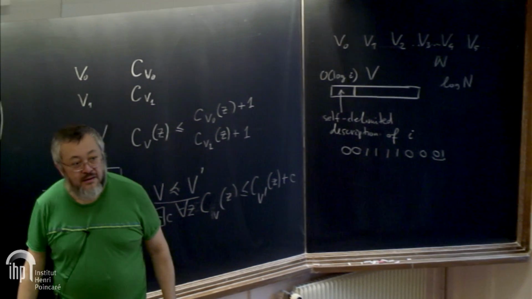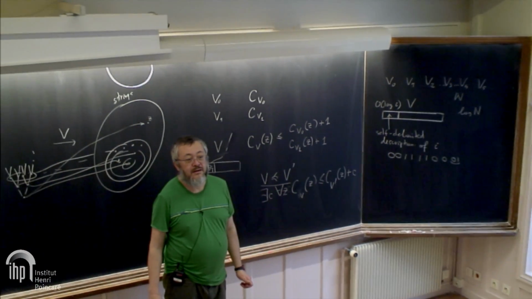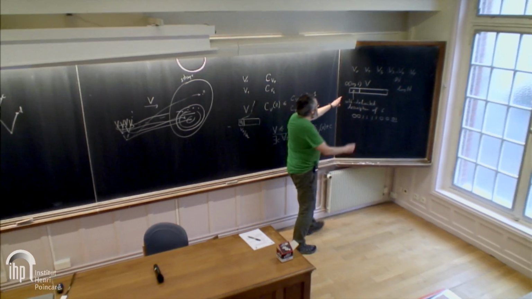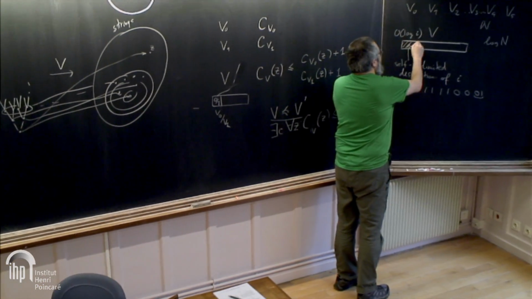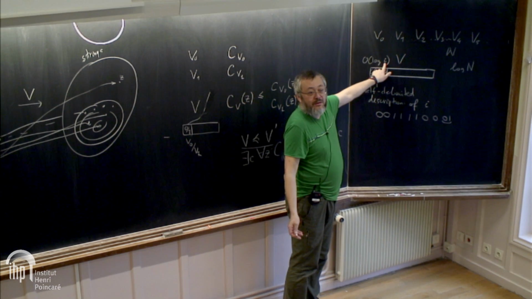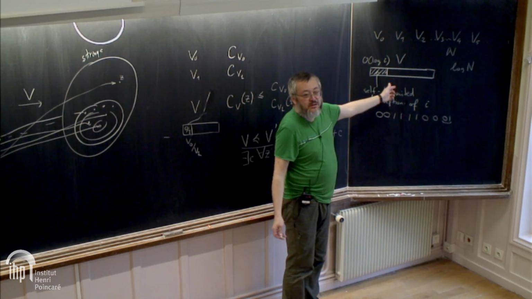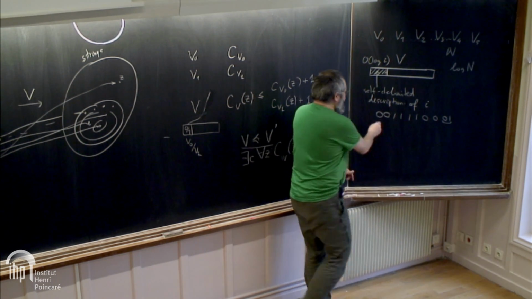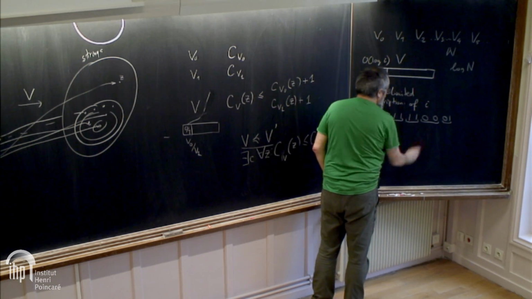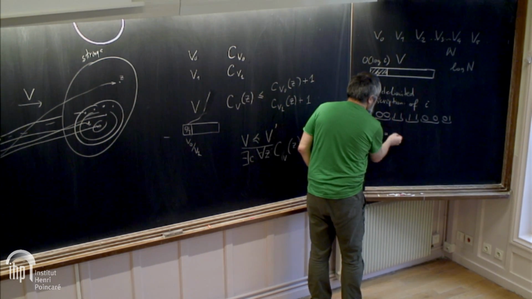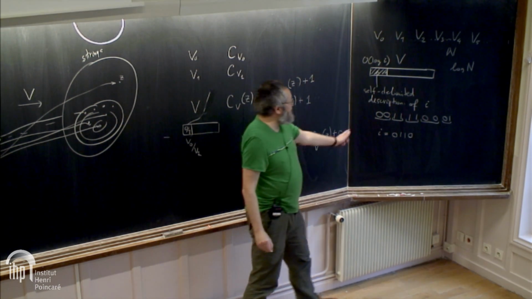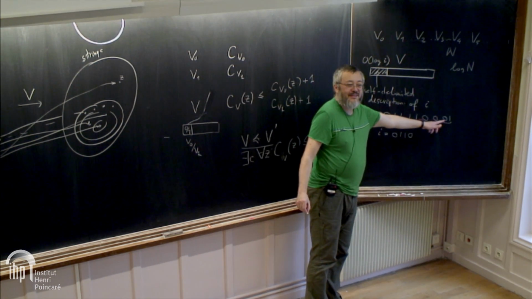How do you know how much space you need to put? But this is not a fixed space. This is a self-delimiting code. So we take i, which is a number, then we take a binary representation of i, and we double each bit, for example. So here i is equal to 0110. And then we put 01